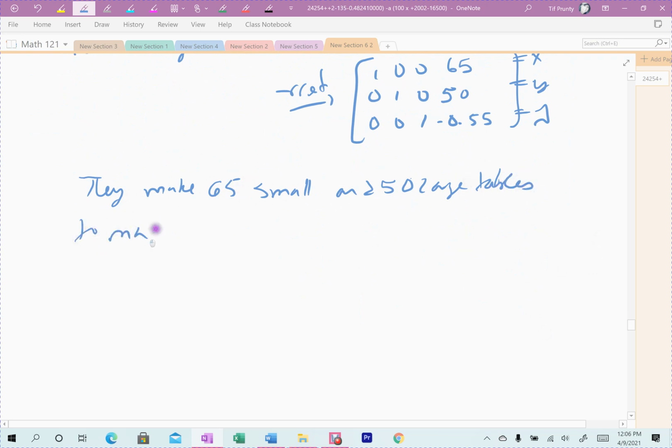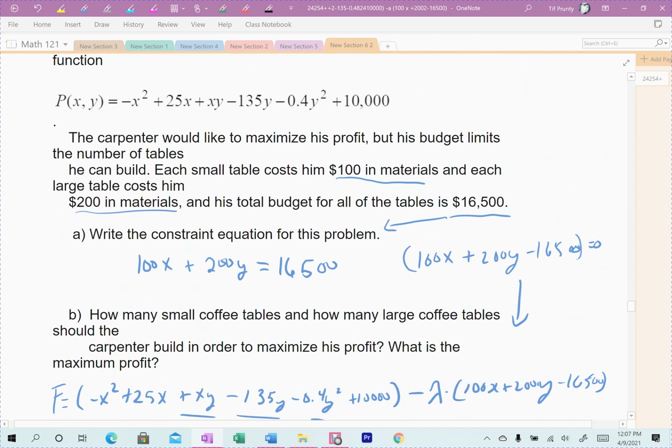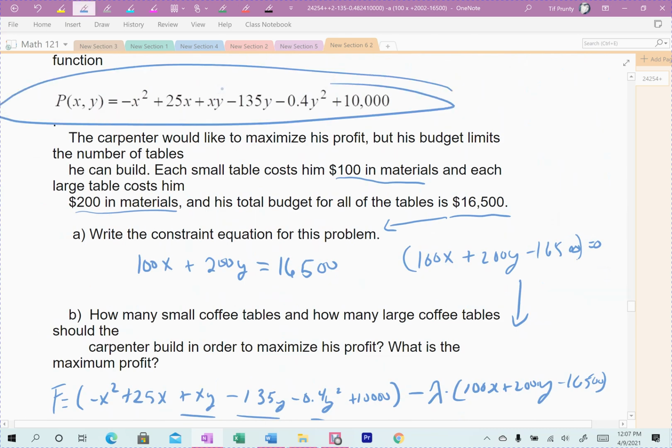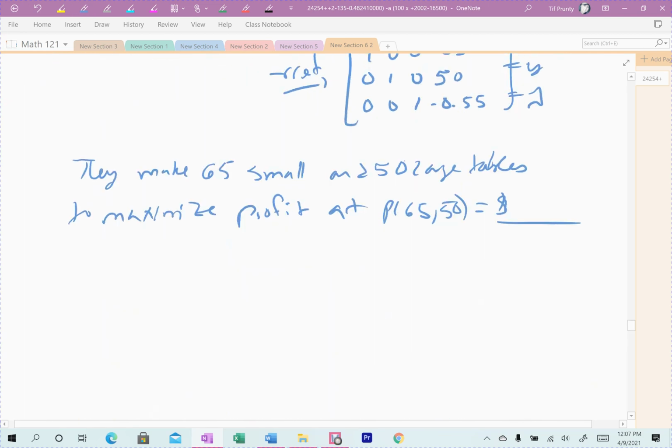To maximize profits at, well, you got to put that 65 and 50 back in the profit equation. All right, go all the way back up to the one given in the problem. You plug it in here, and again, just make sure you're very careful when you plug in your 50 and your 65. I get that it comes out 1,400